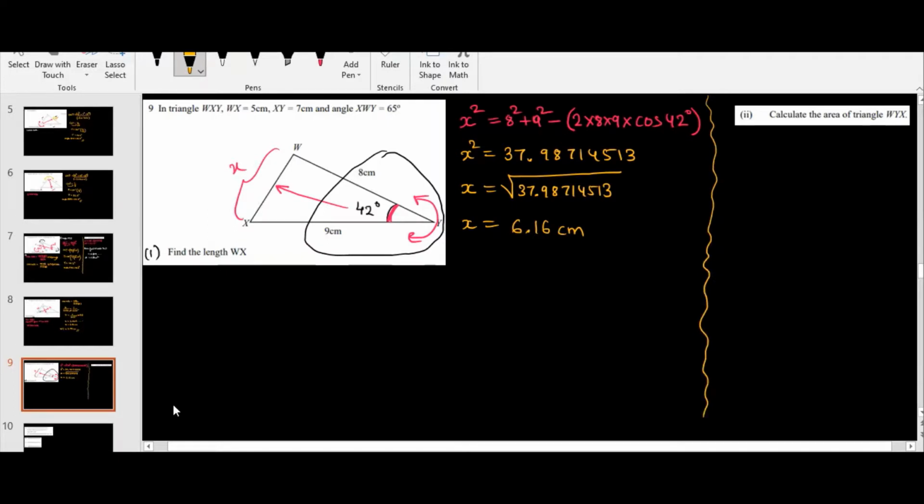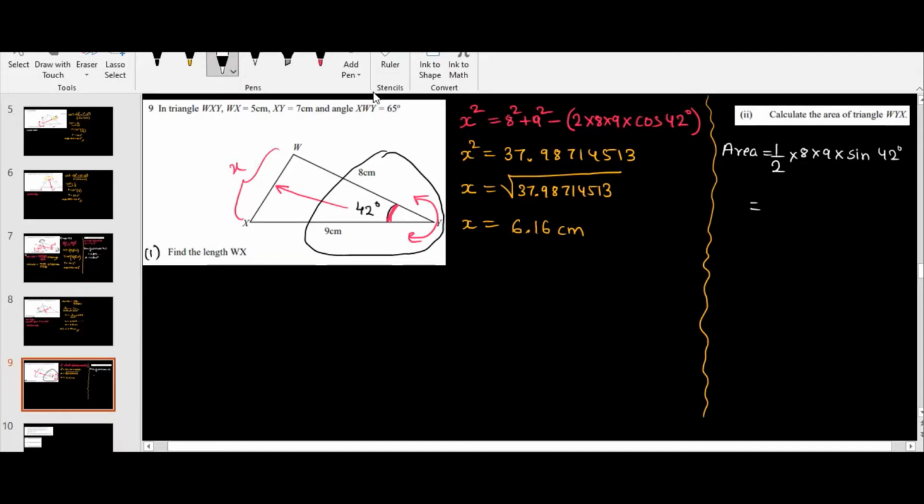Okay. Now here second question, calculate the area of triangle. I told you the question here is WYX, area of WYX. That means we can use this angle 42 degree. In your earlier question, I had told you, if you see angle like this and there is a side beside it, you can easily use area of triangle formula. So let us use that. Area equals half multiply those two sides, 8 multiply 9 multiply sine, it is always sine when you are using area of triangle, sine of 42 degree.